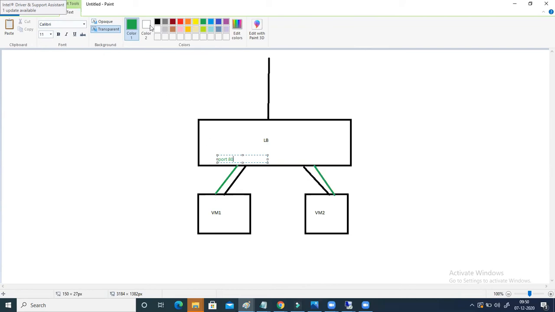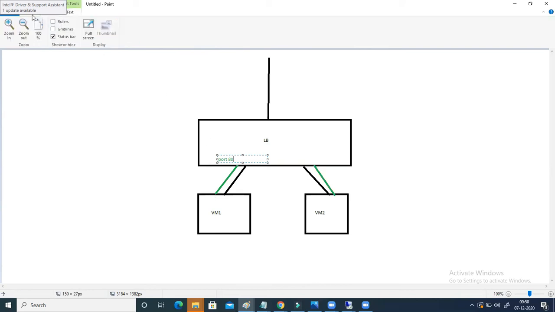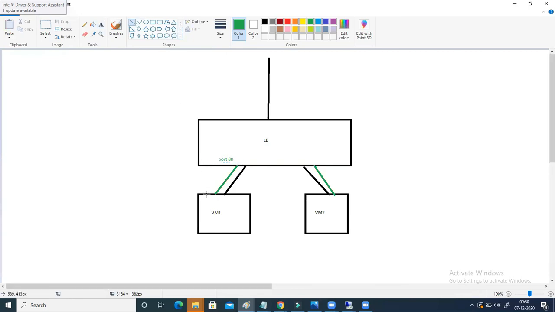What is VM1 supposed to do in response? VM1 should also say, okay, I am fine. Only then will the load balancer get to know that VM1 is good, is healthy. The same thing happens here also. The load balancer sends one message to VM1 via port 80, and VM1 replies to the load balancer with a packet like, I am fine. If this happens, it means everything is working perfectly fine in the backend.